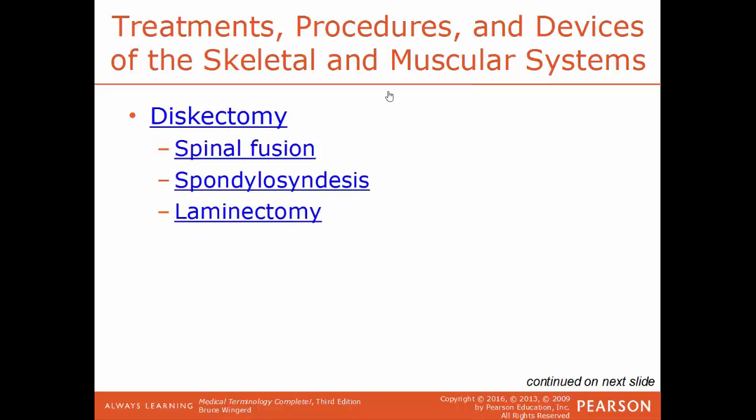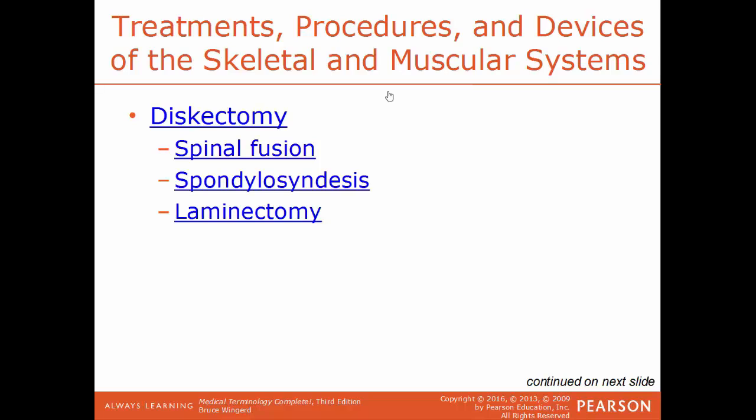Discectomy is the surgical removal of an intervertebral disc, the disc between the vertebrae in the spinal column. Spinal fusion, this is a procedure where vertebrae are fused together to permanently join them together. The next term, spondylolisthesis, is the surgical fusion of those intervertebral discs. This term is synonymous with spinal fusion, the correction of an unstable part of the spine by fusing it together